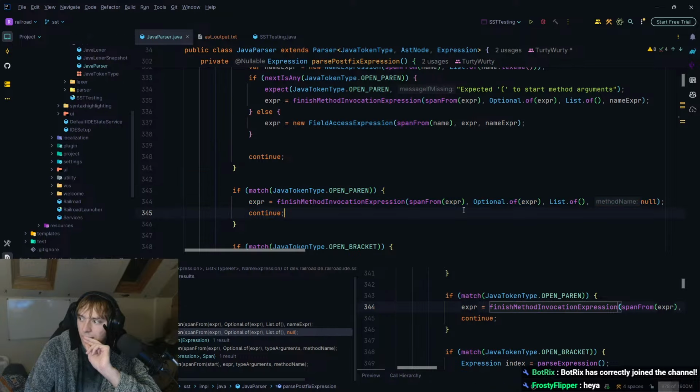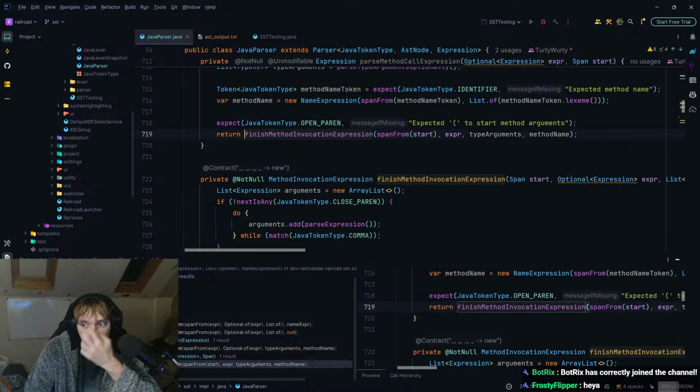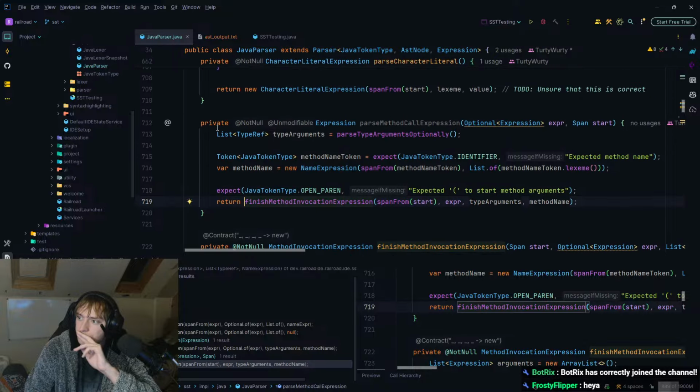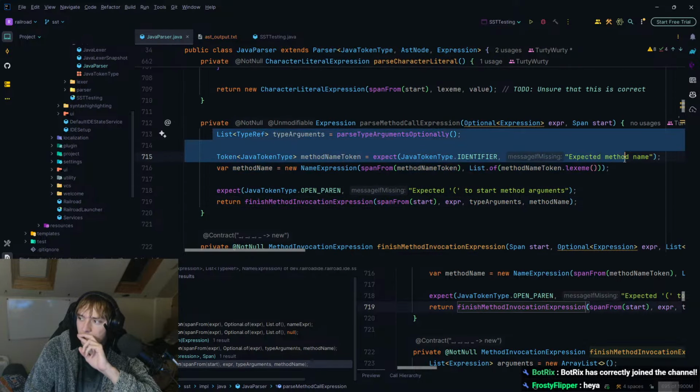And I guess it's here. Let's open parenthesis. I guess, technically, I mean, this one needs to be, this is when it matches the open parentheses. So if we look at this in here, yeah, that does all of that.